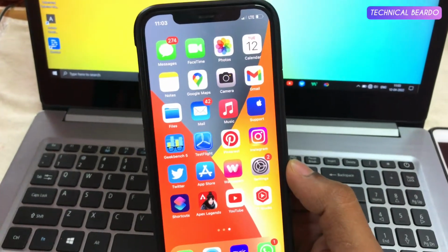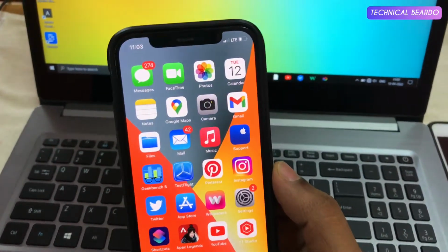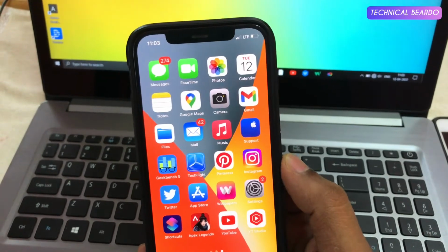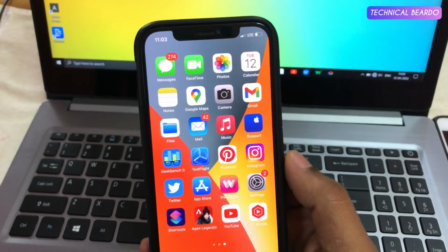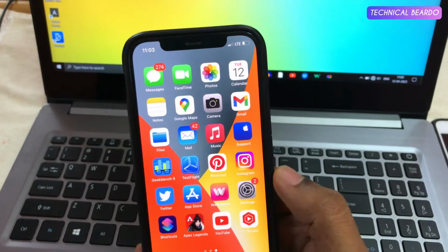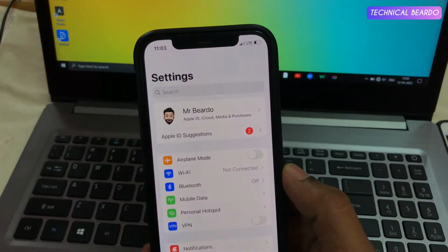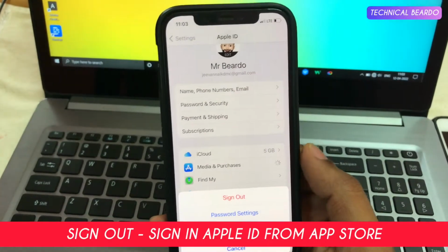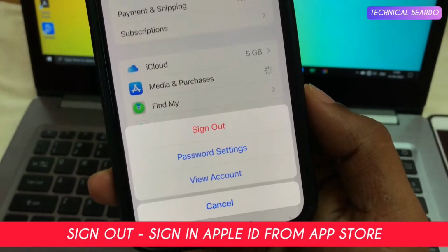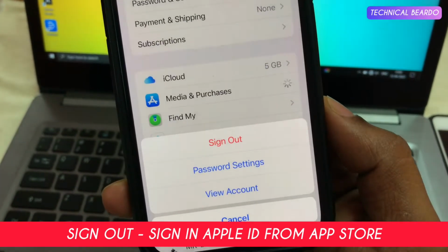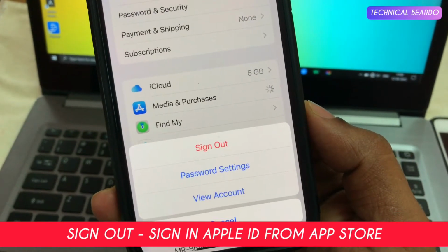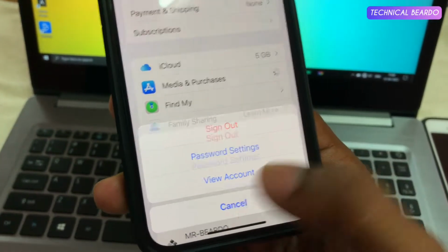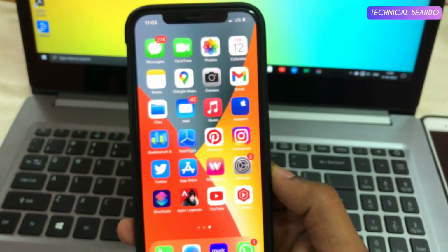Or if you know that you have not used any other Apple ID for the application, and it's the same Apple ID you used across, but you're still getting this error, then instead of deleting the application, you can do one thing. You can go to Settings, then go to your profile, and there is an option for your App Store. Just tap on that, and you will see an option called Sign Out. Just sign out from your current Apple ID and sign in again.